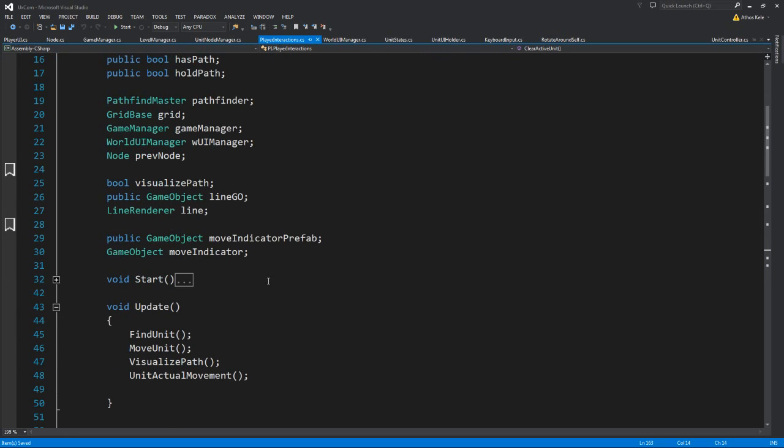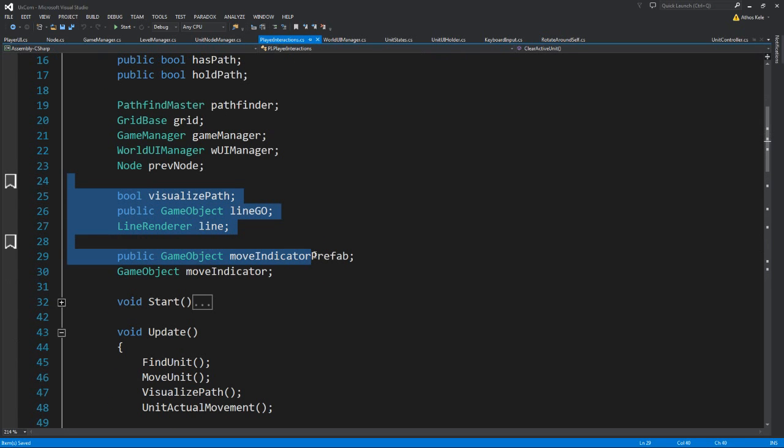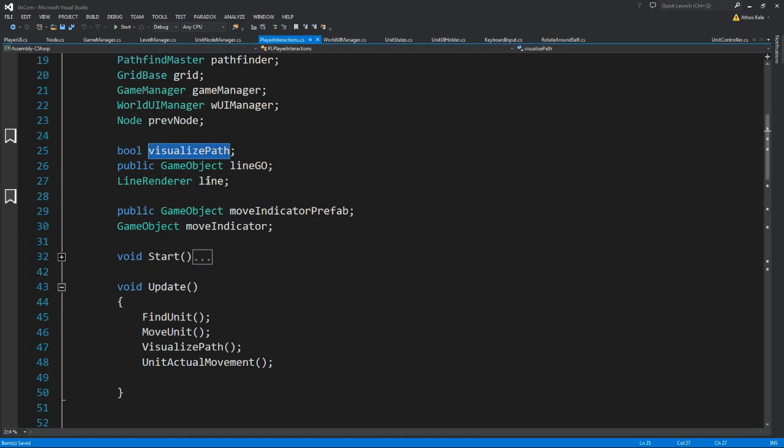Now we need some new variables if we want to visualize the path. Basically we had those, so they're not exactly new. The line game object and the line renderer which renders the path line. Move indicator prefab. A move indicator